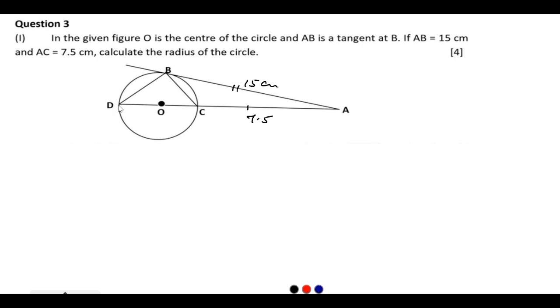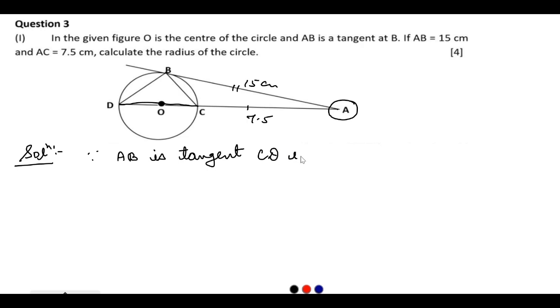Look at the figure. CD is the chord of the circle and AB is tangent, and this chord and tangent intersect each other at point A. Then square of tangent will be equal to product of segments of chord. Since AB is tangent and CD is chord,